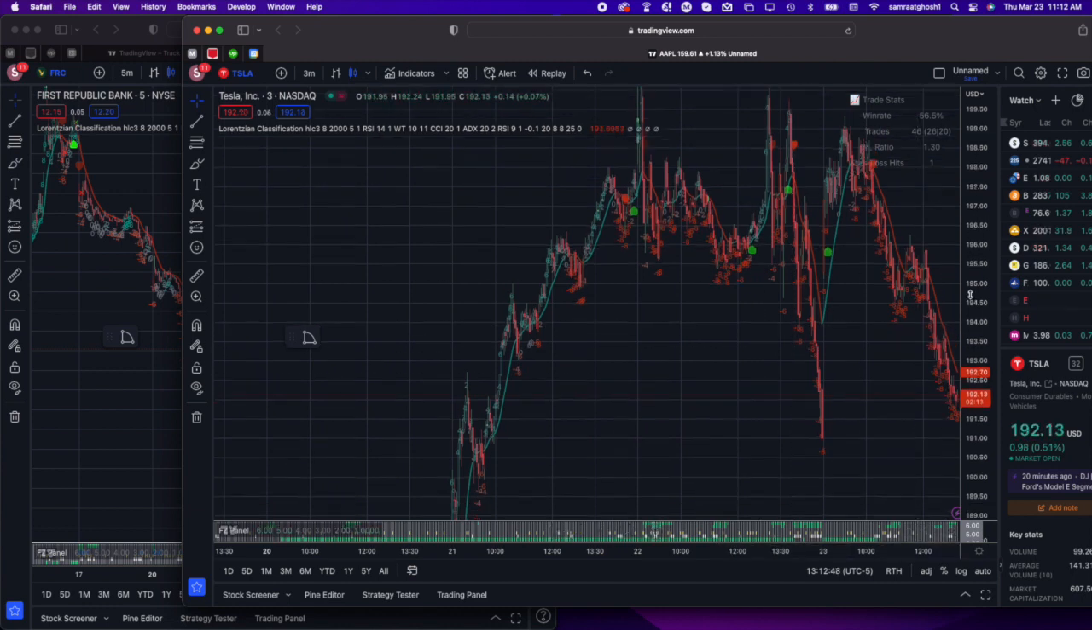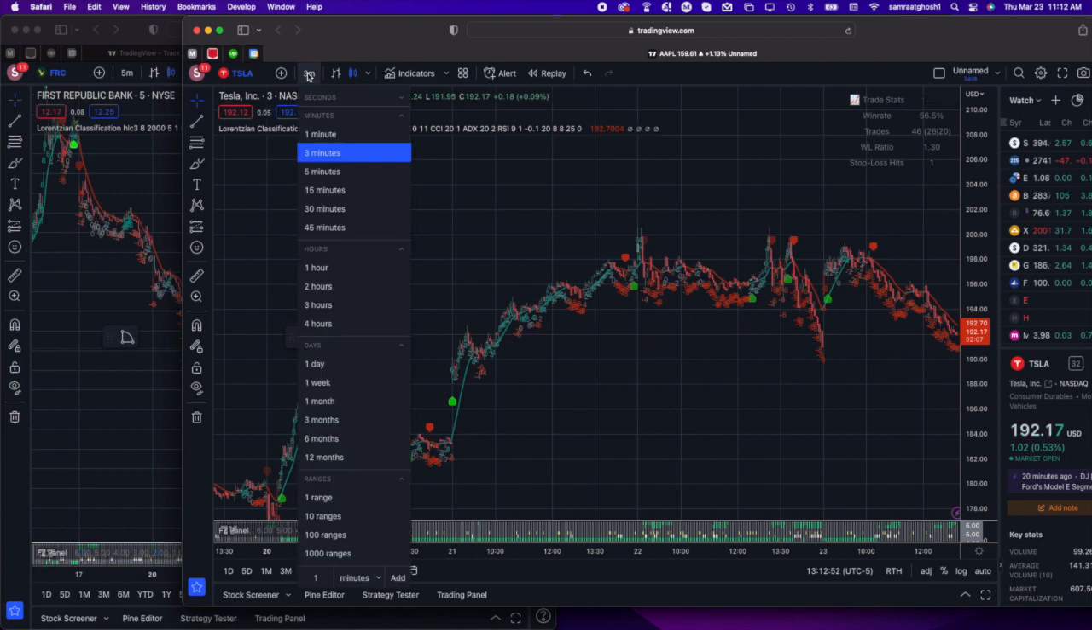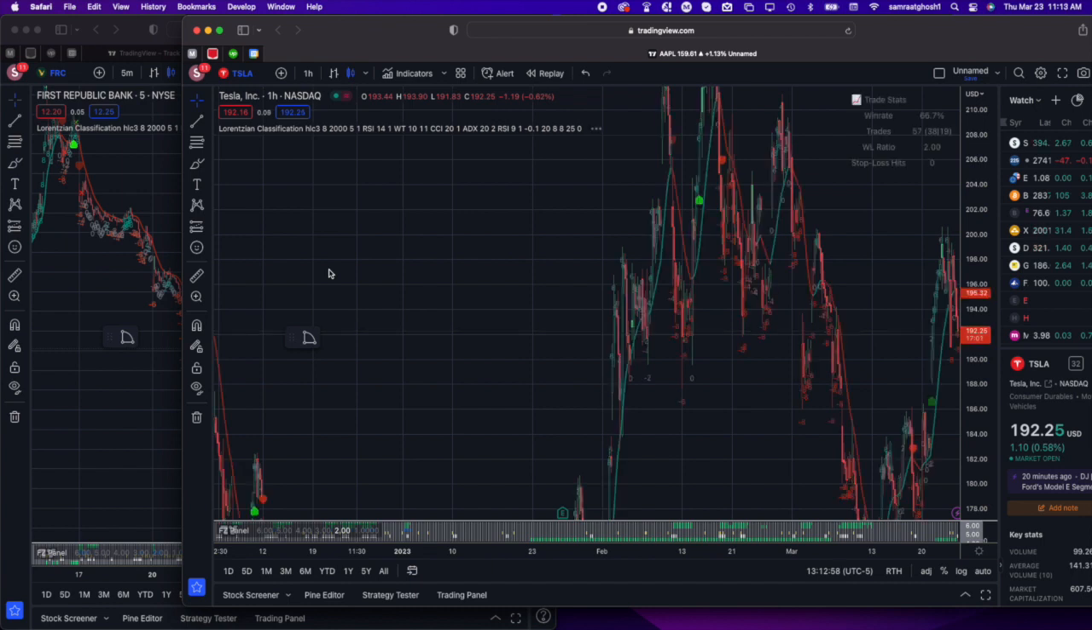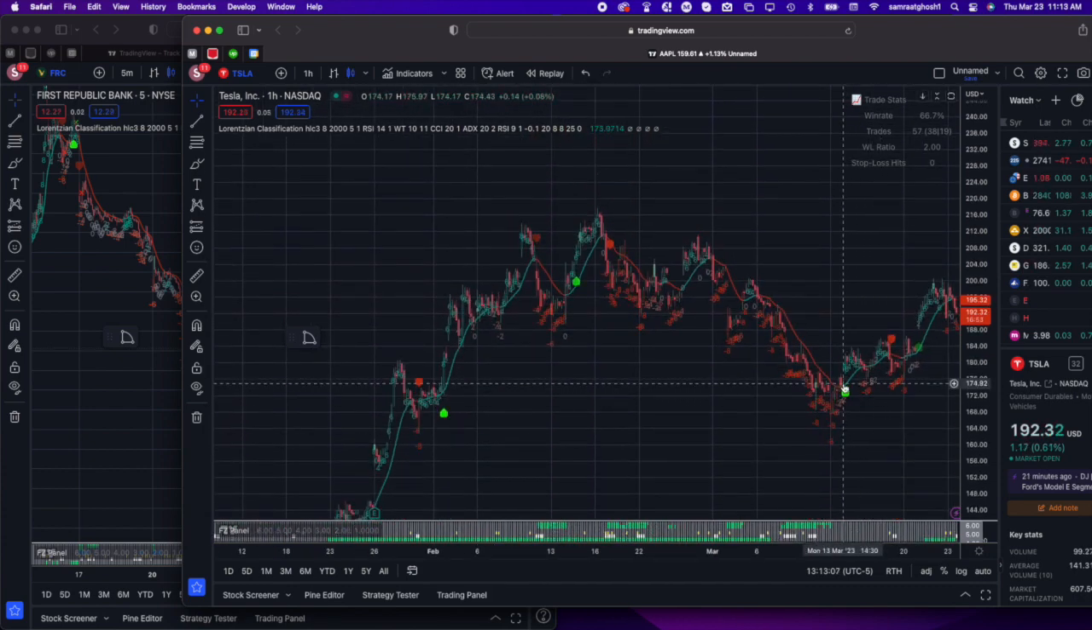To answer some questions, on the 1 minute time frame, it's going to take a lot more trades, but not go as far back in time, whereas as the time series gets larger, it will go further back in time. The longest that you can change the time series for this to work is the 1 week, and it'll go back many years